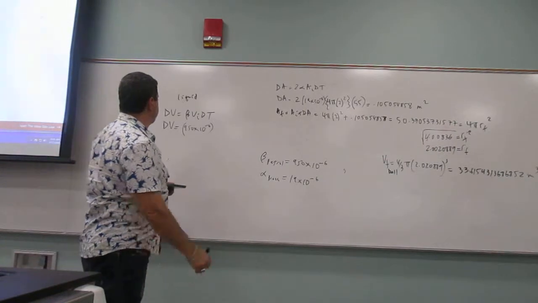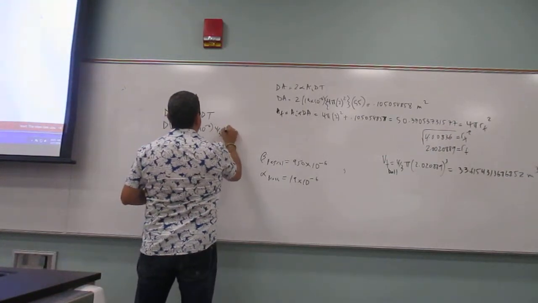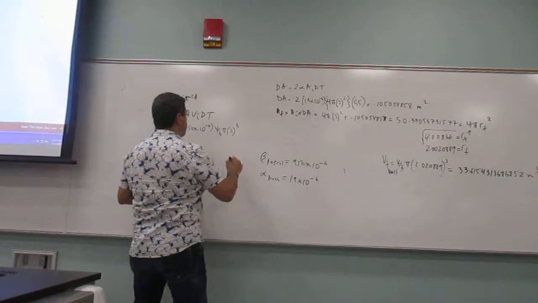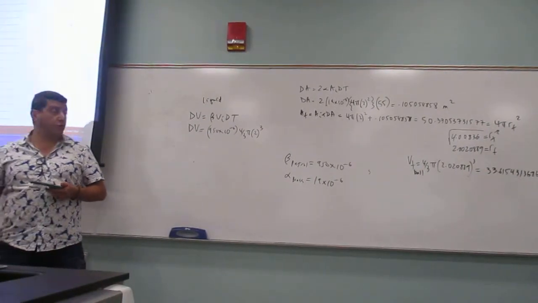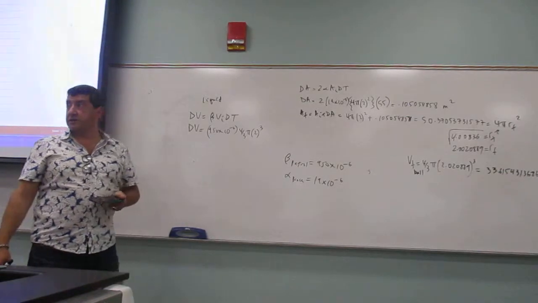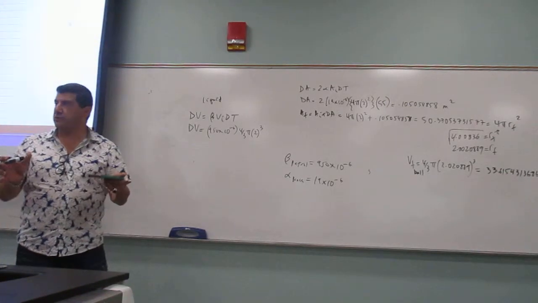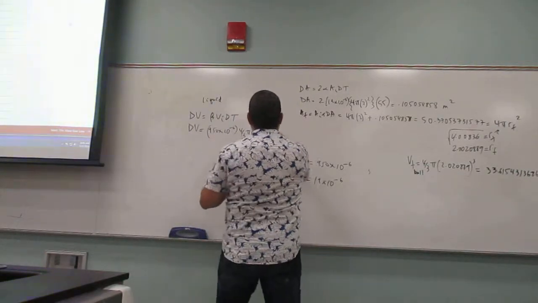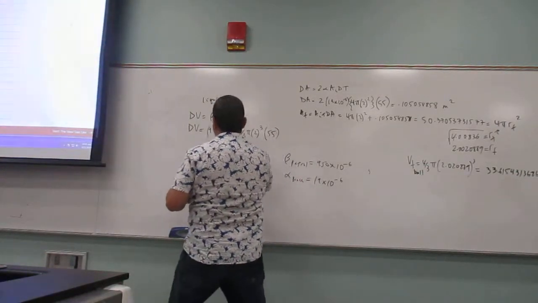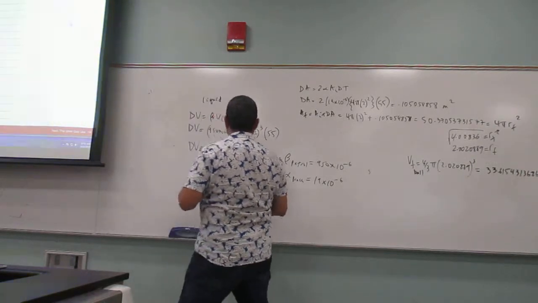V initial is going to be 4/3 pi 2 cubed, because that was the original radius of the bowl. So that was the original volume of the liquid, right? It was completely full originally. 950 times 10 to the minus 6 times 4/3 pi r cubed times delta T, which is 55. So then delta V is going to be